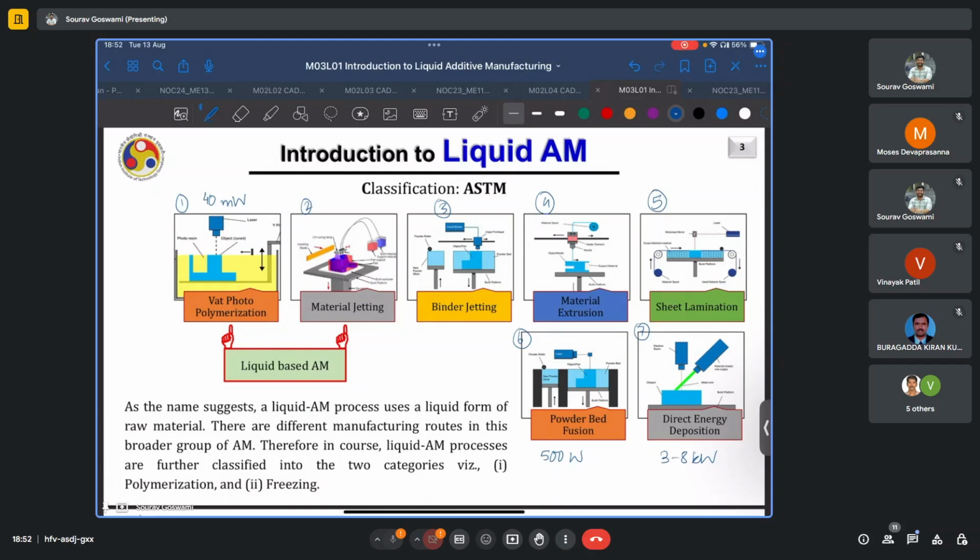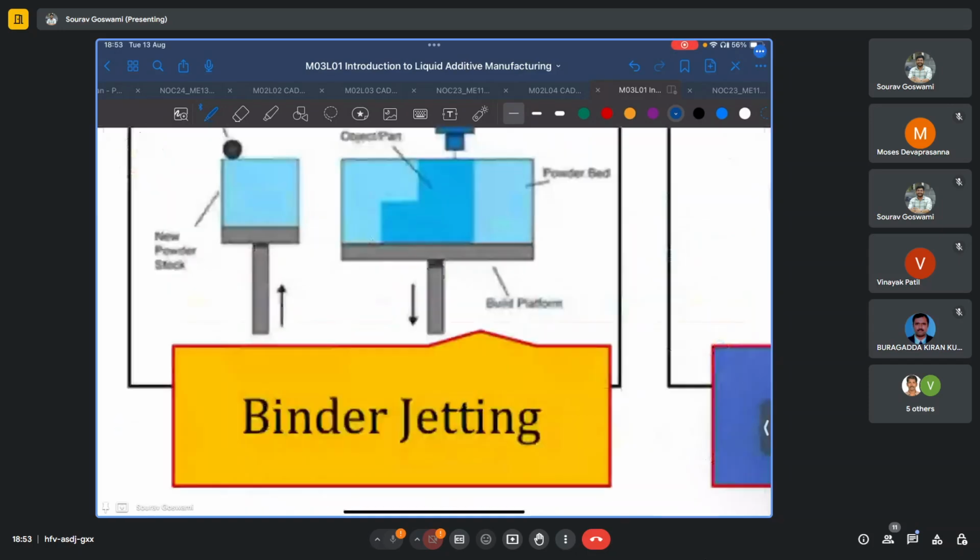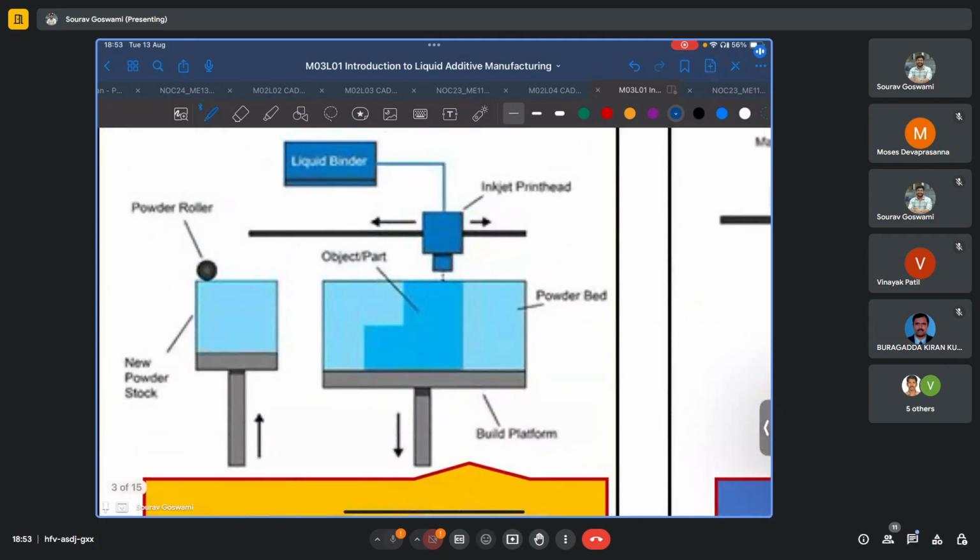And a liquid process uses the liquid form of raw material. So it will typically relate to either vat photopolymerization or material jetting. One would ask, why not binder jetting? Because in the case of binder jetting as well, we are dispensing some liquid material through the deposition heads. However, the requirement is for the type of the raw material. We are well aware that in binder jetting, the raw material is already present on the bed, and it is